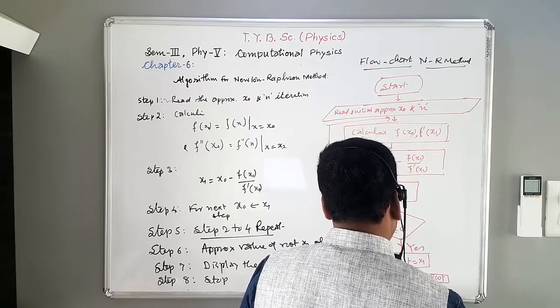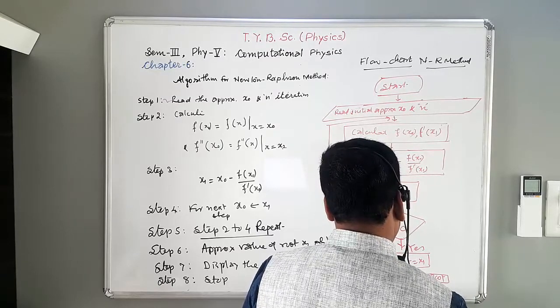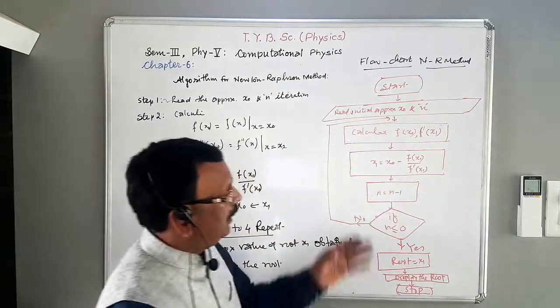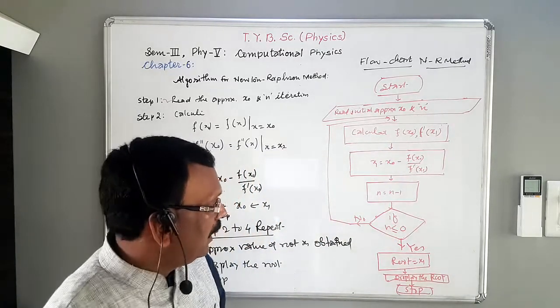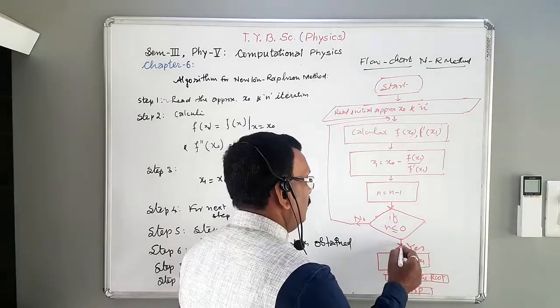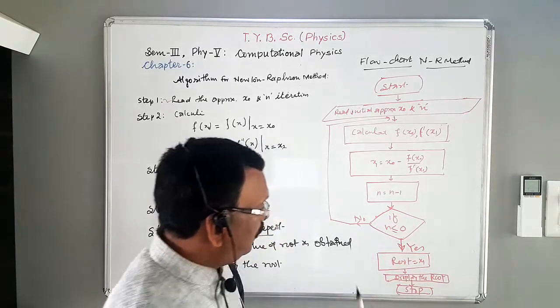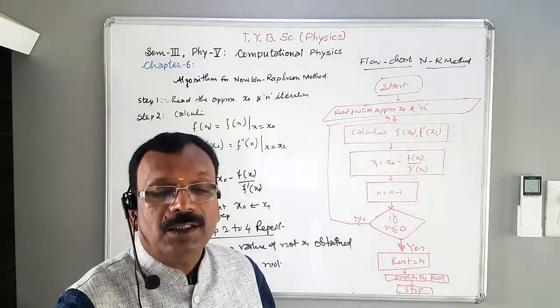And after then stop. In this way, a very simple flow chart is there. We have to show the line of flow properly. Okay. Now,